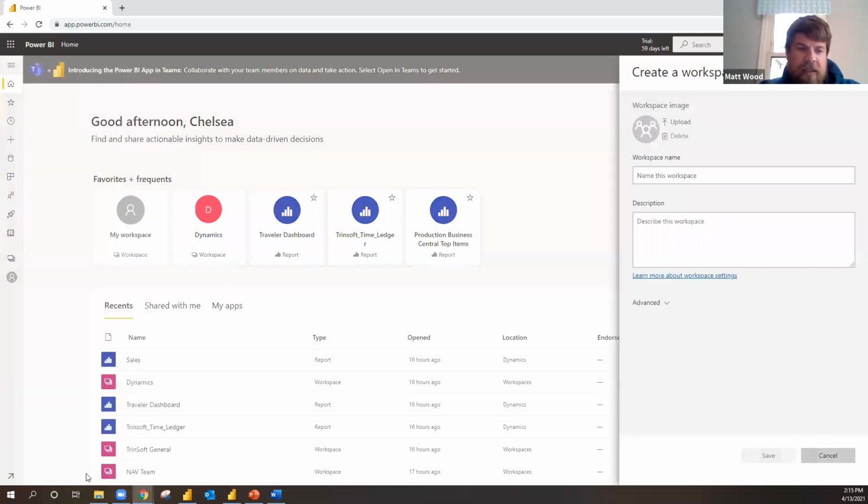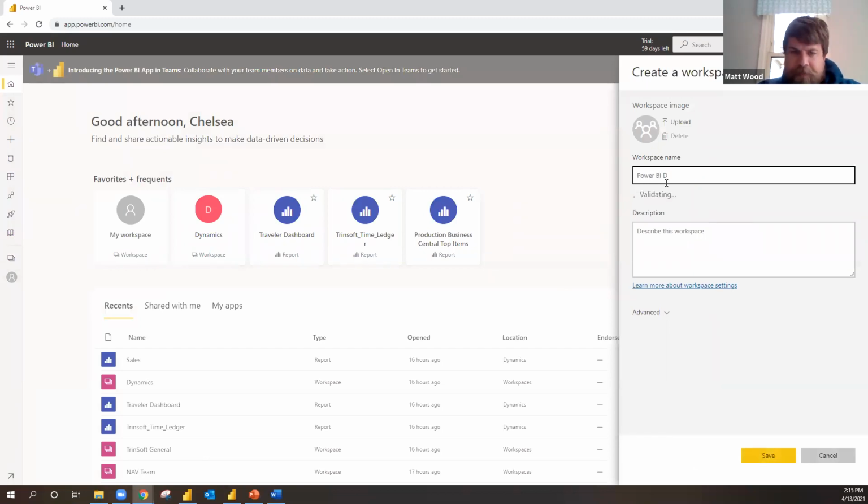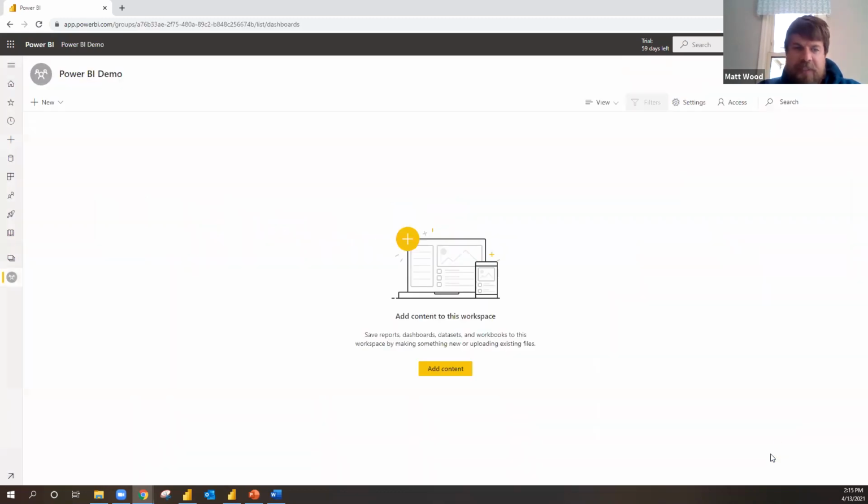So we're just clicking over there on the left, and we're going to create a new workspace there. You're just going to give it a name, whatever it may be. You might have a purchasing section, a sales section, an accounting section, whatever that is. And that's important because you'll see in a minute, we'll be able to give permissions to those. So we've saved that, and now we've got this workspace set up here.